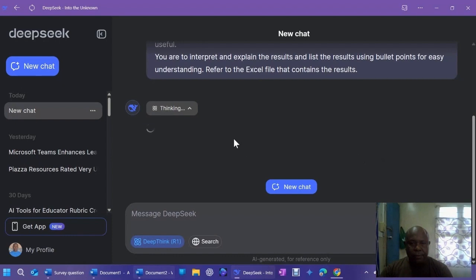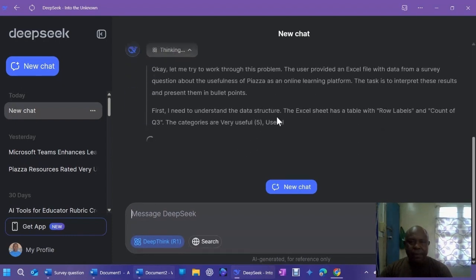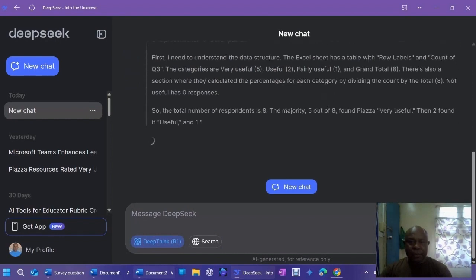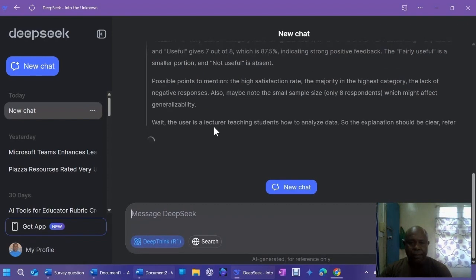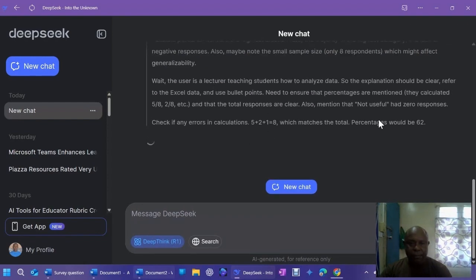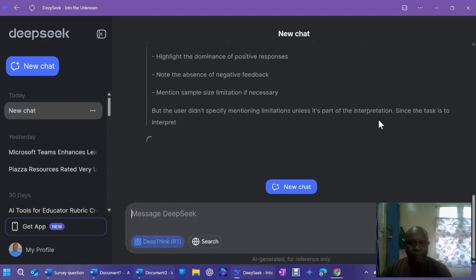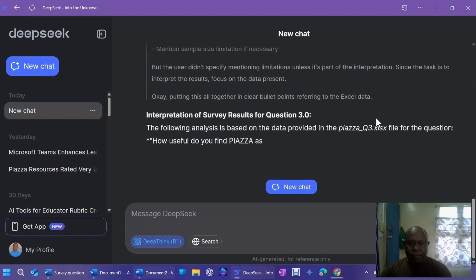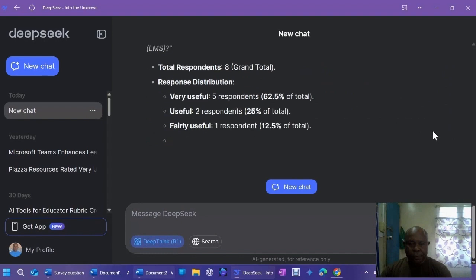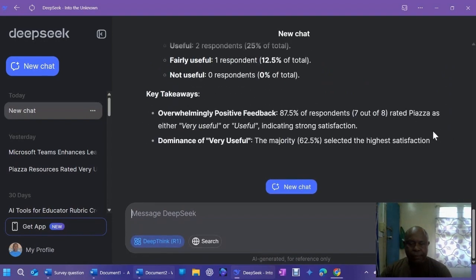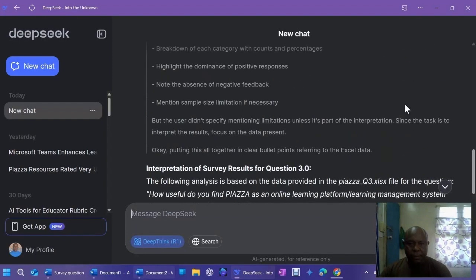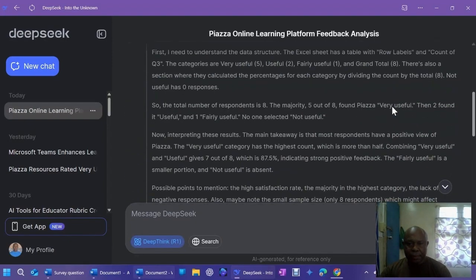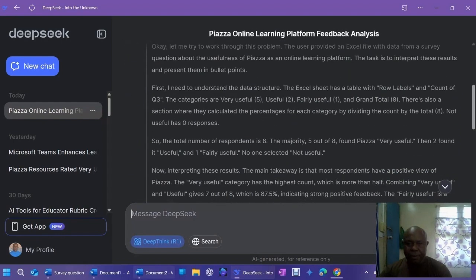Okay. So one good thing about DeepSeek is that it gives a very detailed explanation of how it is processing the data, a step-by-step explanation on how it does that. Okay. DeepSeek is doing a good job. Yeah, it is explaining the steps that it follows